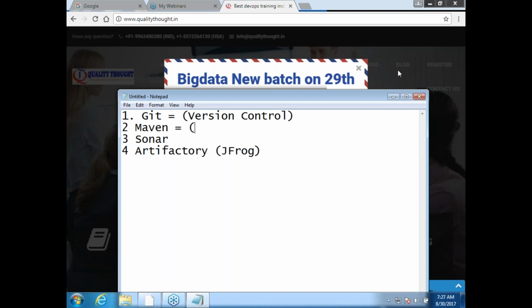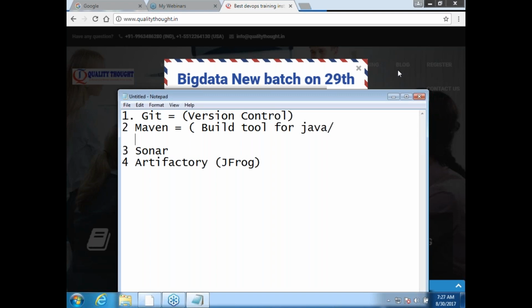And Maven is a build tool for Java or Java based languages by default. You have plugins where you can use the same Maven to build multiple languages also. But basically it is being developed for building Java or Java based languages.